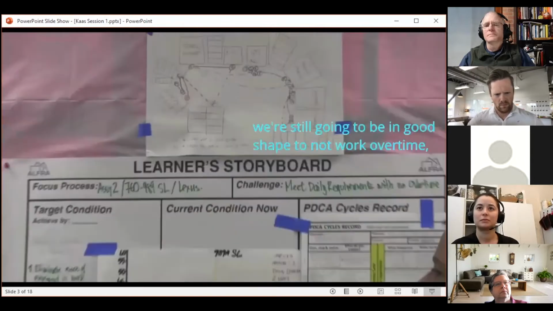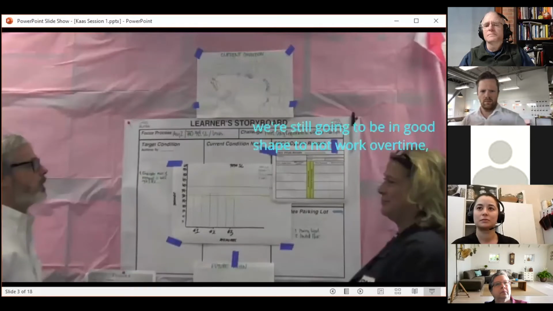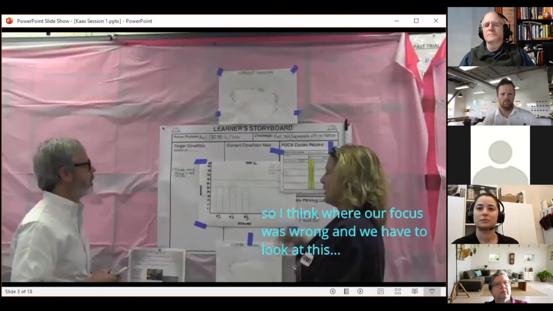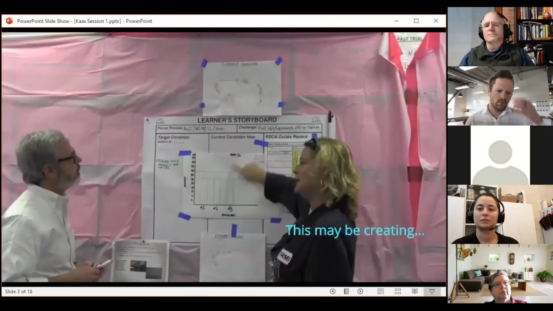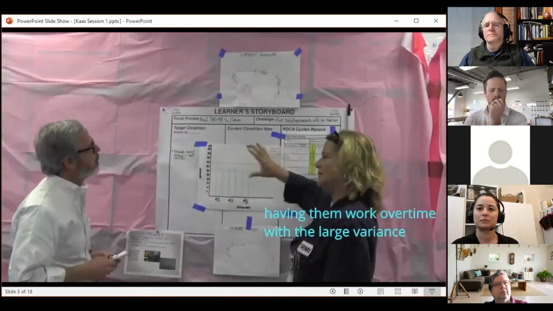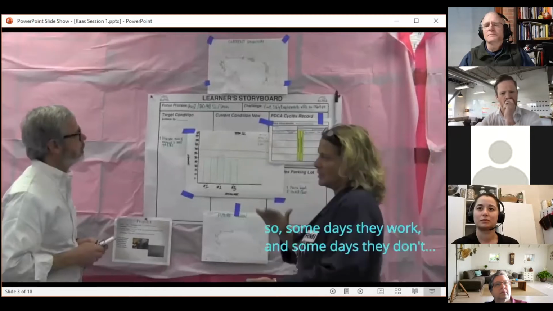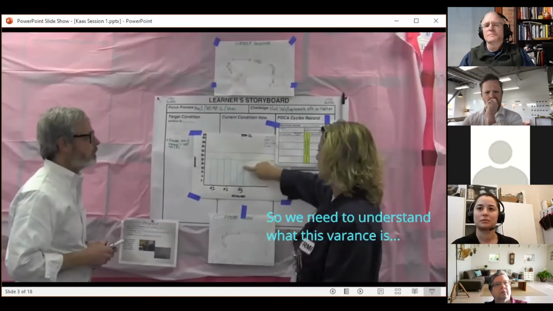We're still going to be in good shape to not work overtime. Okay, so I think our focus is wrong, and we need to look at this. This may prevent our having them work overtime with this large variance. So some days they work and some days they don't. Right, so we need to understand what the variance